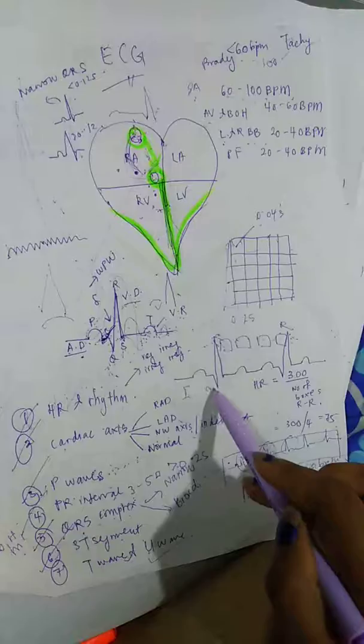Then you look at your cardiac axis. You need to check for RAD and LAD. Usually in RAD, the leads start kissing each other, facing each other, so they become right, so it's RAD. However, in LAD they leave each other, which means they go in opposite directions. So that's LAD. And you look at your lead one and also your